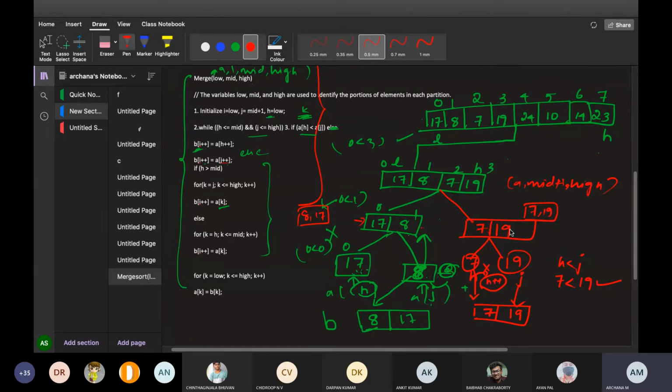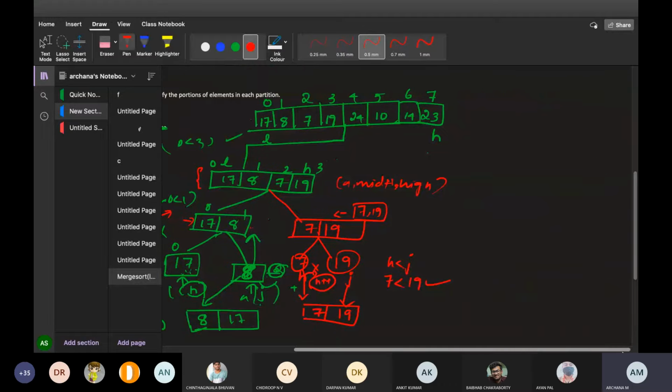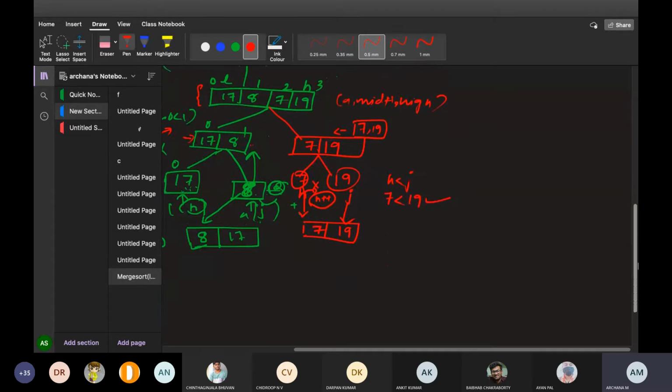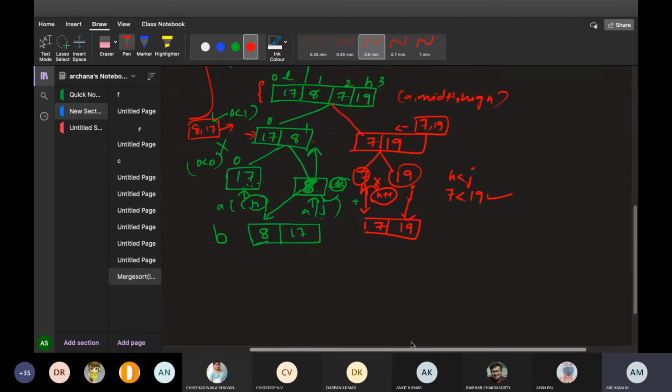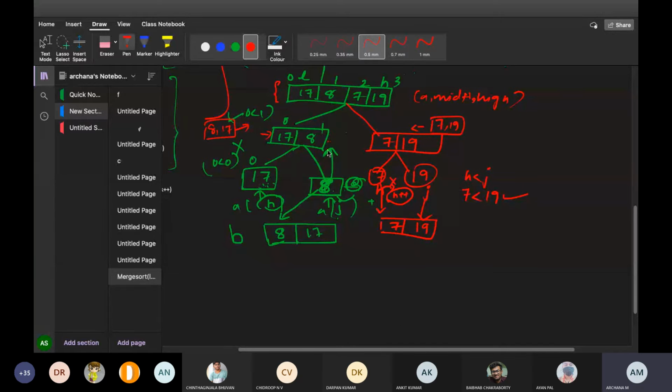Now these two solutions are there. Now you have to merge these two. Look here, 8 comma 17, 7 comma 19. You have to merge and put those values here. Okay, now I'll come down. I'll take those two elements and I'll come down. Are you now able to follow what I'm doing? That is the next part of the algorithm. Now look here. Solution for this is what? 8 and 17 I got. I have to merge these two now with 7 and 19. Now you will be able to understand the second algorithm.